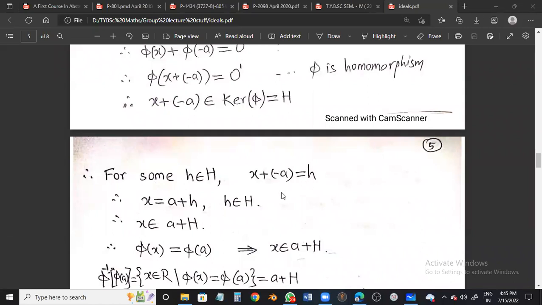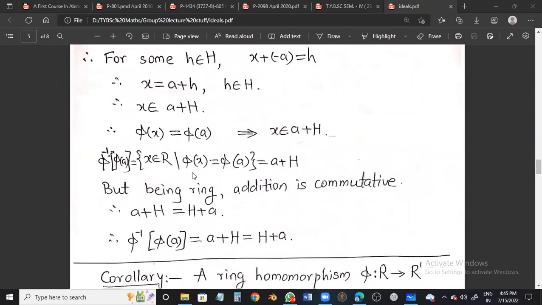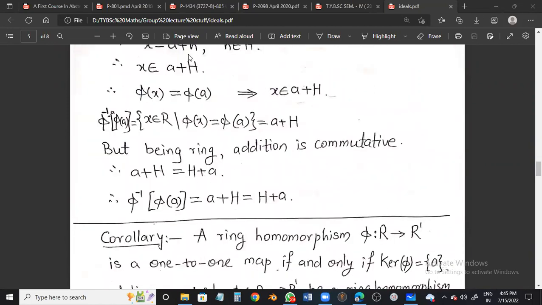Now transfer this minus a to that side. You get x equal to a plus h, and h belongs to capital H. So what this means, x is equal to a plus some element of capital H. And every time you take x of this pattern, you will be getting x belonging to a plus H. Means that whenever phi of x is the same as phi of a, x is a member of a plus H. So if I collect all such elements,